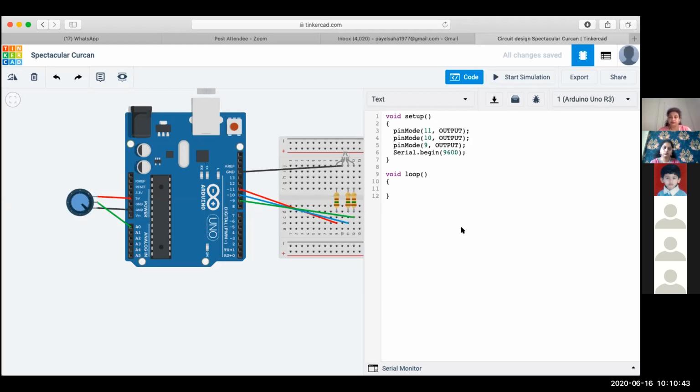Now in the code, what I want to do is see the values which are generated on the A0 pin. I have initialized my serial monitor to print